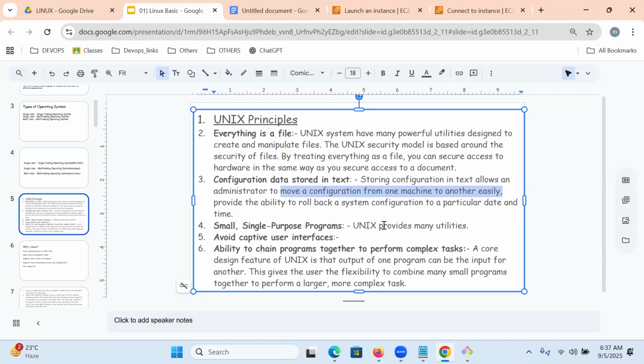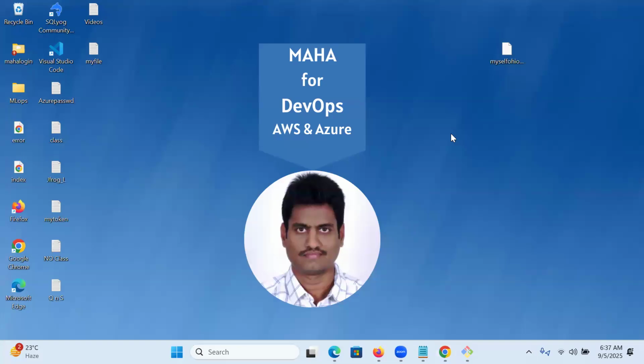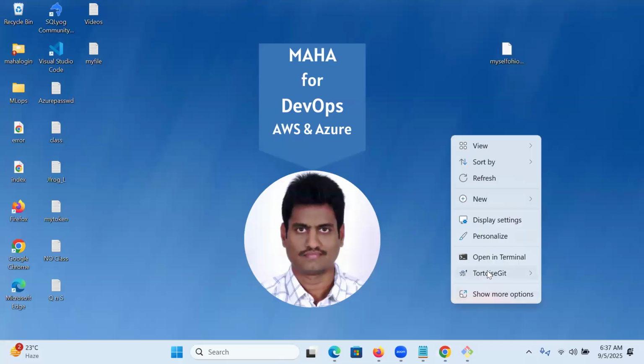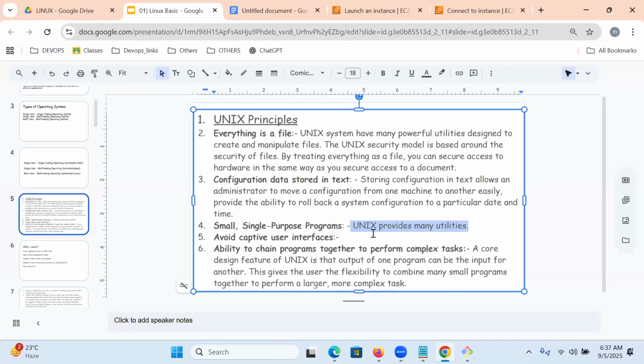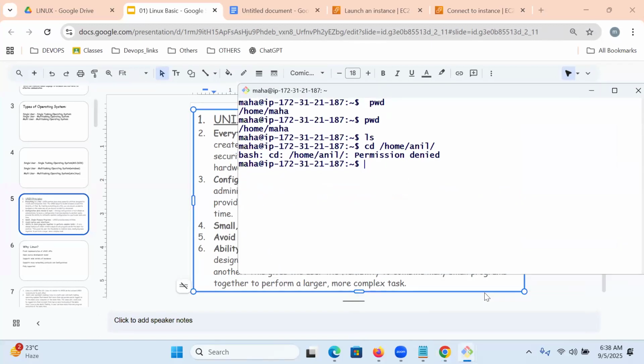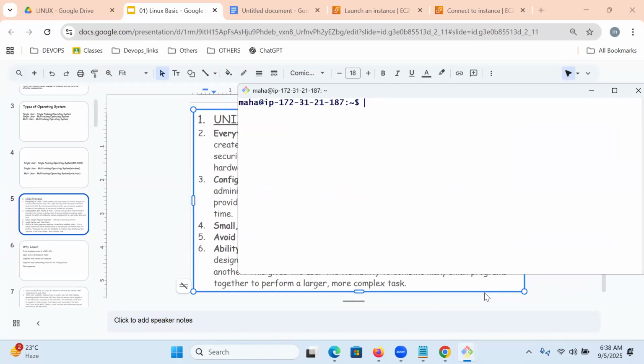And Linux provides utilities. In Windows, everything is a click: right click, open, create file. But in Linux, everything is a command. A utility is nothing but a command. Linux provides a separate command for each and every action. For example, I want to see where you are working: pwd, present working directory.